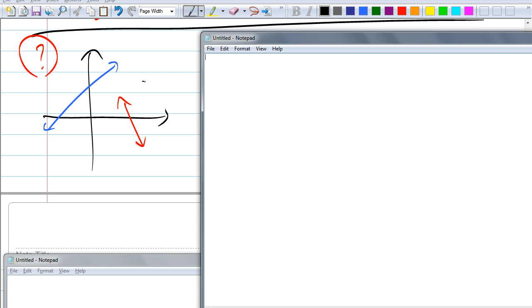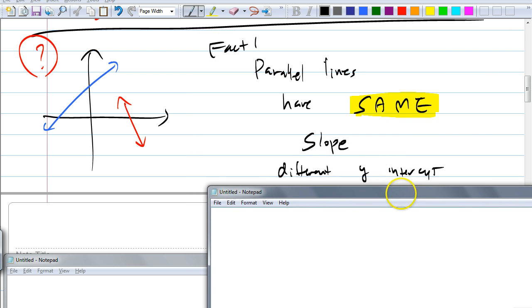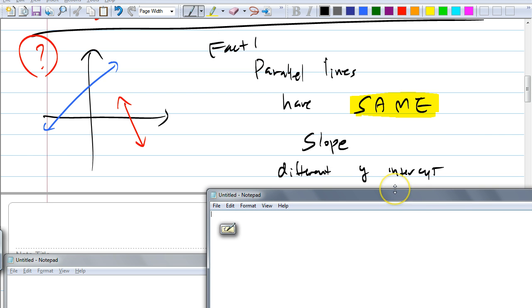All right. So let's then talk about it in terms of their slope. We learned this last time. Remember, I even showed you the cool kind of illustration. What do you know about the slope if two lines are parallel, class? They have the same slope, remember? And they have a different y-intercept, right? Does that make sense? Because if they have the same slope and same y-intercept, guess what? The two lines are the